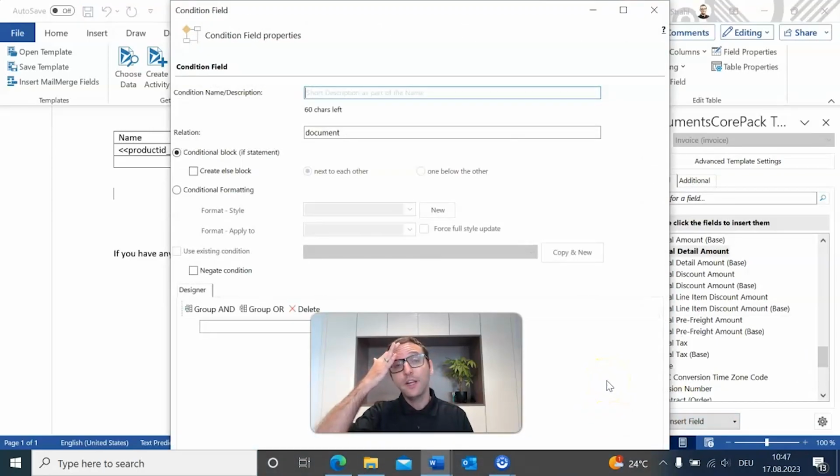We're going to need to create 3 condition fields because we want to show 3 different bits of information. That is discount, if we have it, tax, if we have it, and then the total line amount if we have discount or tax available. So for this first one, we want to show discount if we have it. So we'll name this discount